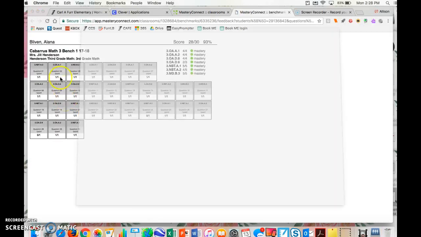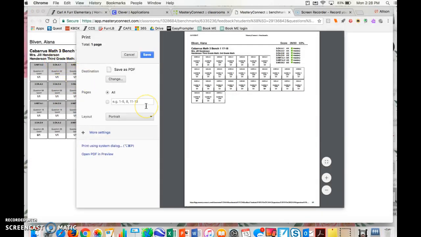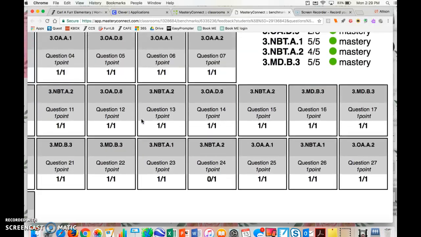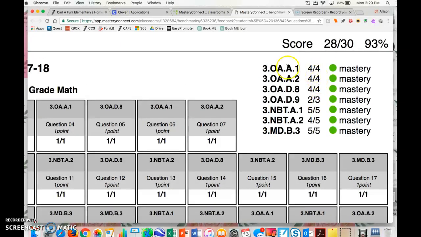Again, I would just click Print, and it's going to show that student's name. If you're ready, you can go ahead and print it or save it, depending on which option is right for you at the moment. I'm going to click Cancel so we can look at this report closely. It is small, so I'm just going to zoom in a little on my screen so that we can see it. It shows all of the standards that were assessed because this was a benchmark assessment with multiple standards, and